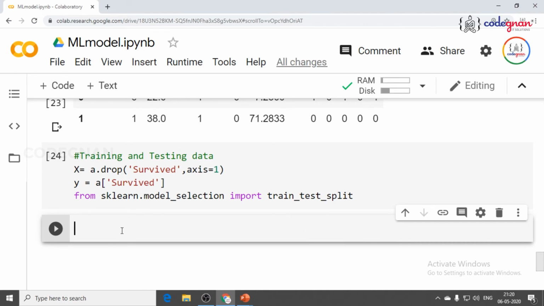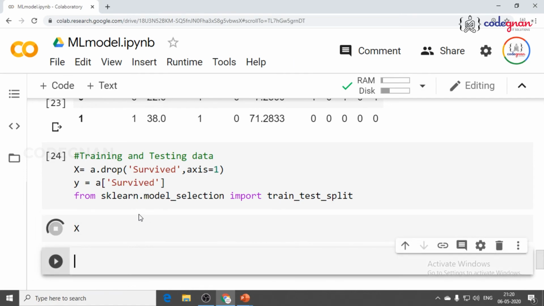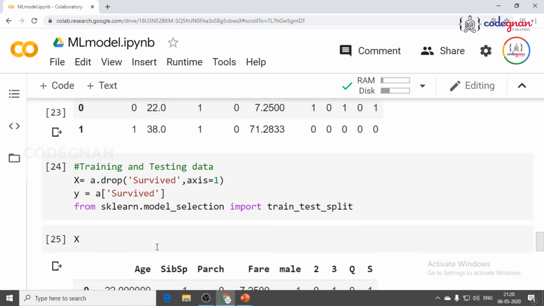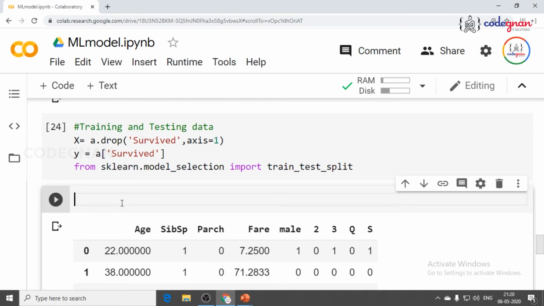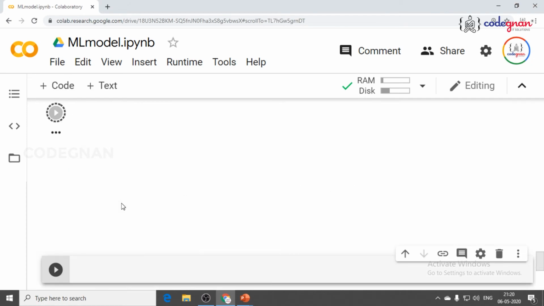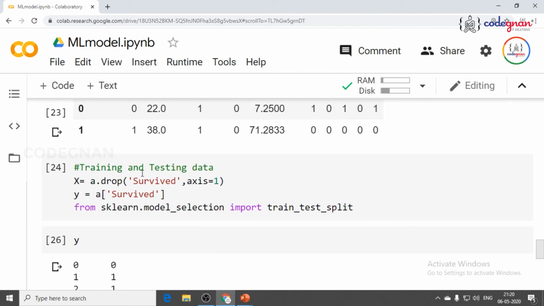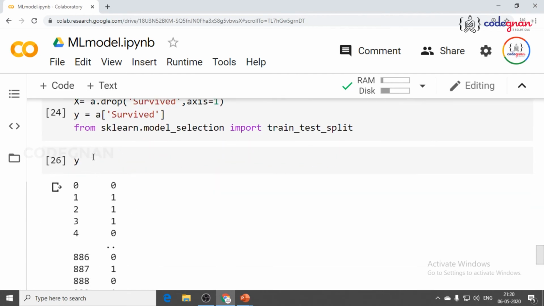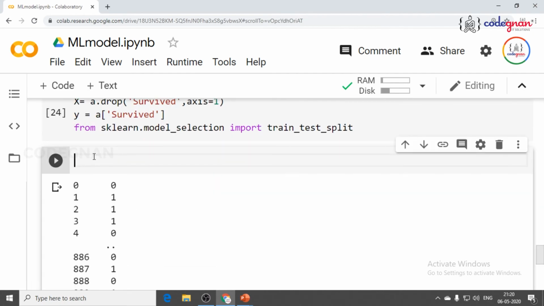So this is how you have built a simple machine learning model. Using simple data cleansing libraries like pandas, you have split your data into x. If you see x, you have all your input data except survived, and if you go for y, you will have only survived. So x is split, y is split.